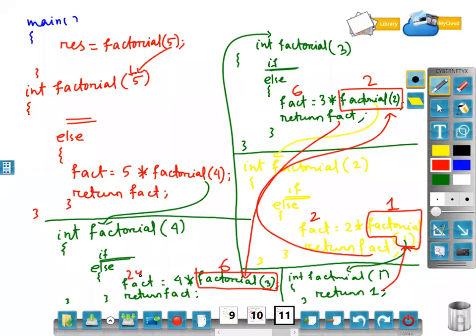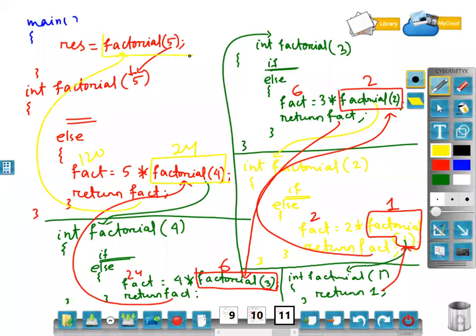Return fact to whoever called. Factorial of 4 was called, so this will become 24. 24 into 5, 120. 120 will be returned to whoever called. From the main function I called factorial of 5, so 120 is assigned to result and printed here.